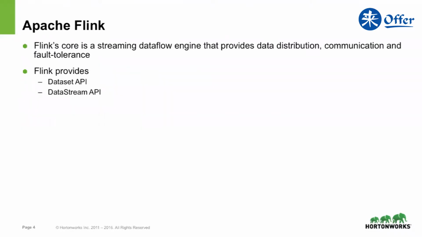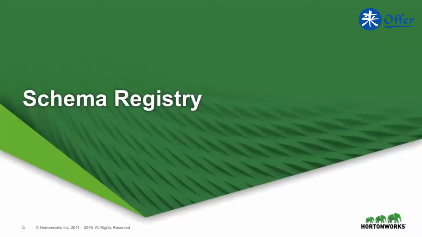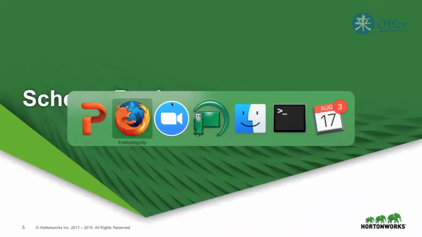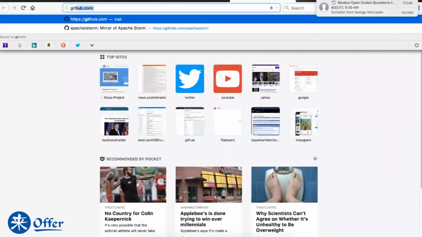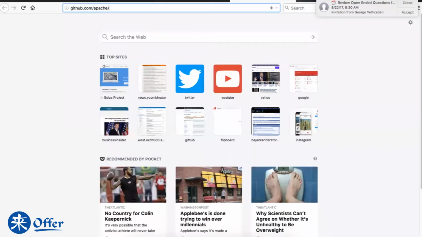Similarly, there is another project, Flink. Flink is, again, a streaming data flow engine that provides you a streaming API along with a MapReduce style API as well. So before going through that, let me show you how typically